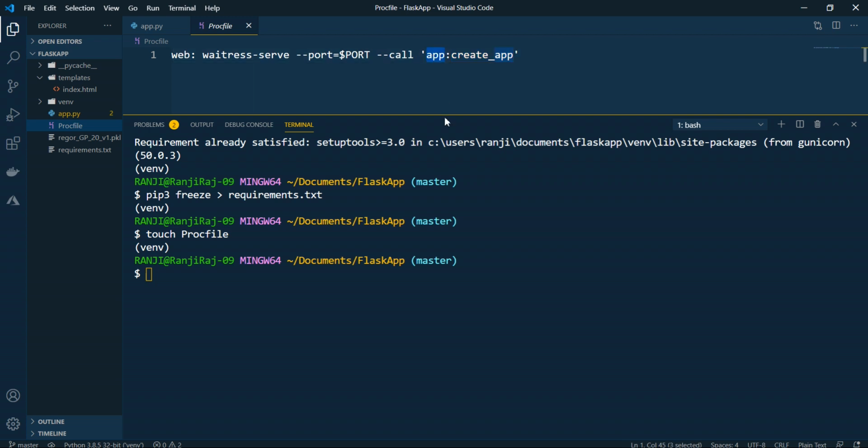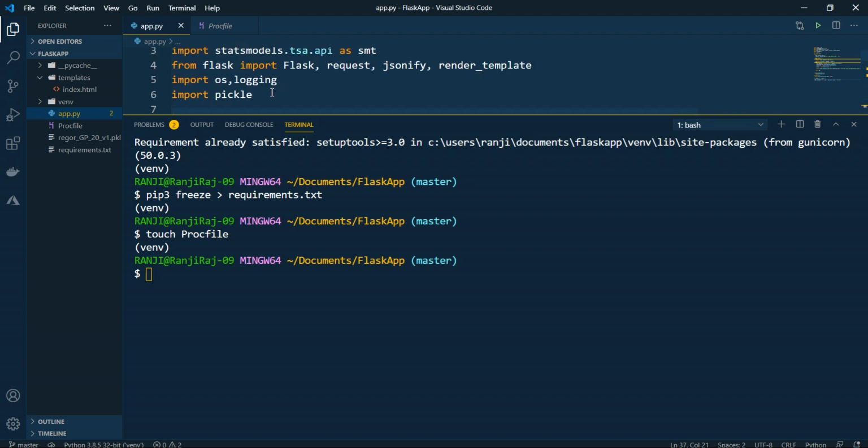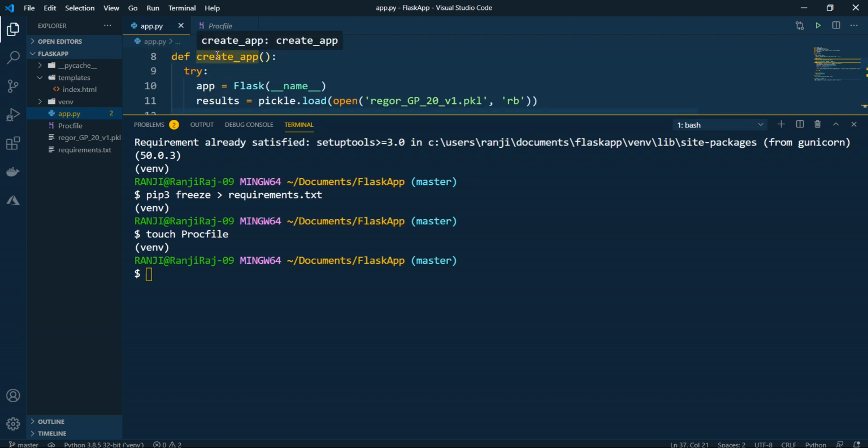The first thing that you see on the left hand side is the name of your application, and it can also be a package or a module. This first app corresponds to your application app.py. After this, to the right hand side, what I have is create app. If you see inside this, we have this create app.